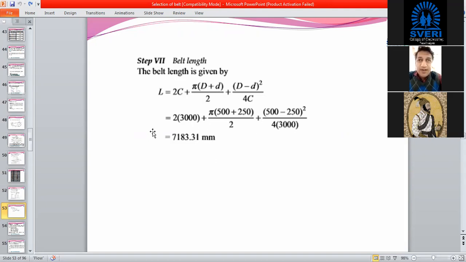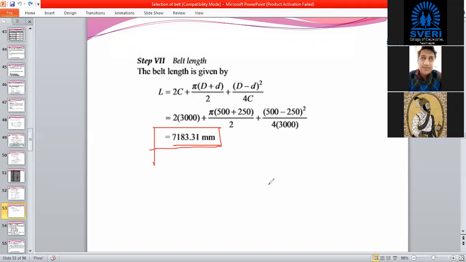The belt is open belt type, hence the length of belt is coming as 7183.31 millimeter. Okay, and this length can be considered, and belt is selected as 5 plies and width 152 millimeter. Okay, and a high speed belt.